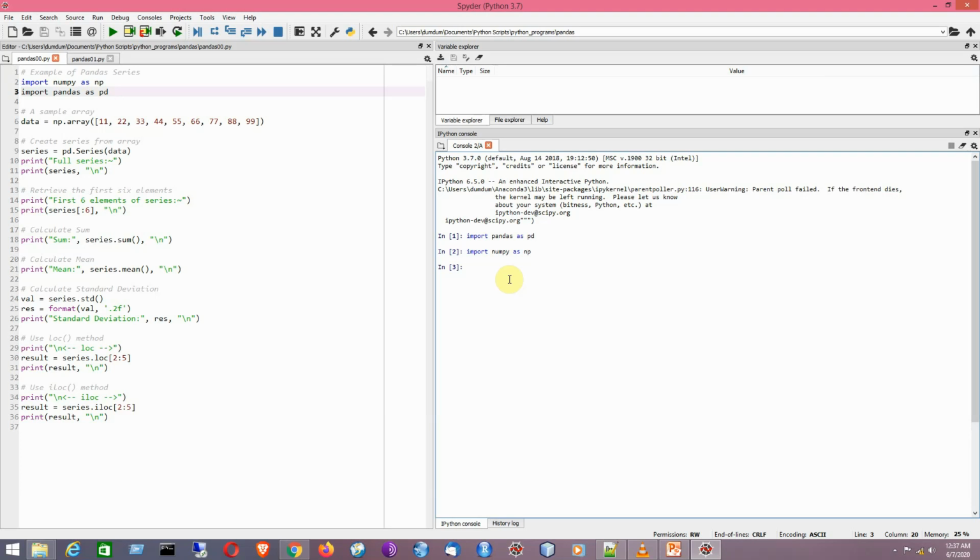Now I am going to create a sample array for our experiment. Say I will be using the concept of a NumPy array. Within brackets I can have a list like structure, and within the list we can have many elements. So suppose here I have considered only 9 elements.